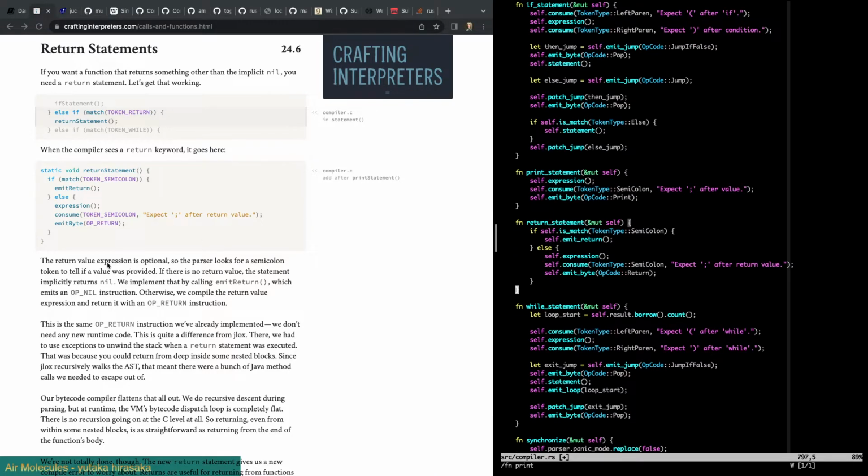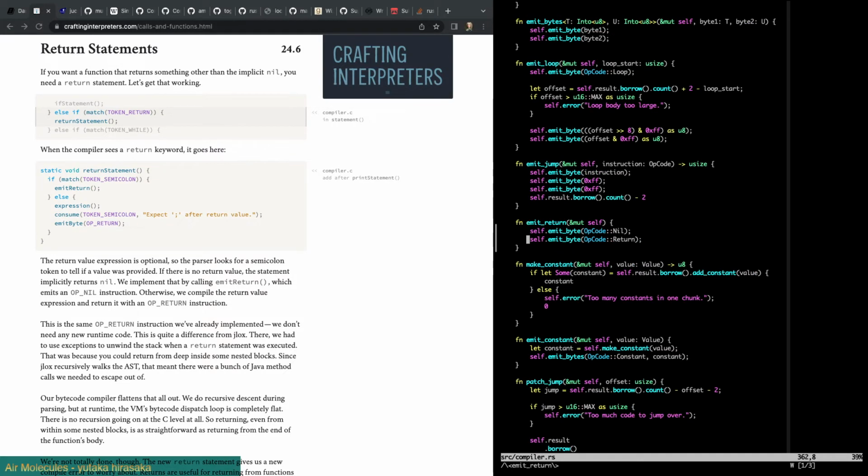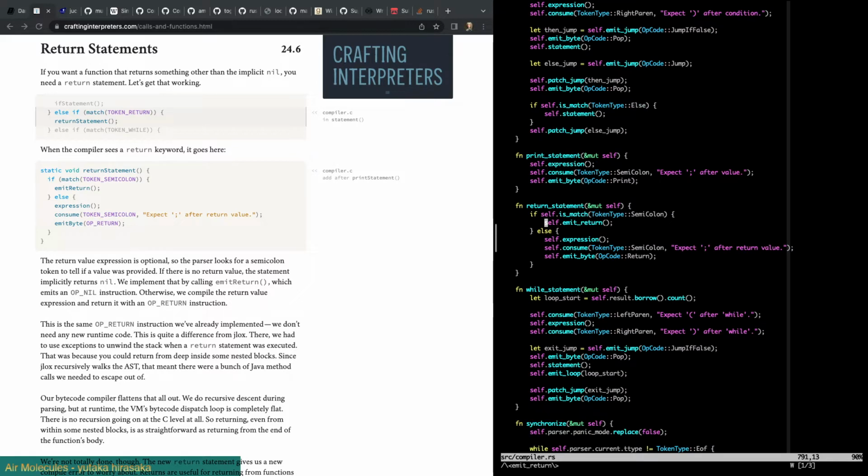The return value expression is optional, so the parser looks for the semicolon token to tell if a value is provided. If there is no return value, the statement implicitly returns nil. Wow, okay, that's it. We already have a return function, which implicitly returns the nil. Nice. Otherwise, we're going to evaluate the expression. That'll be left on the stack, and then we'll return, leaving whatever expression on the stack.